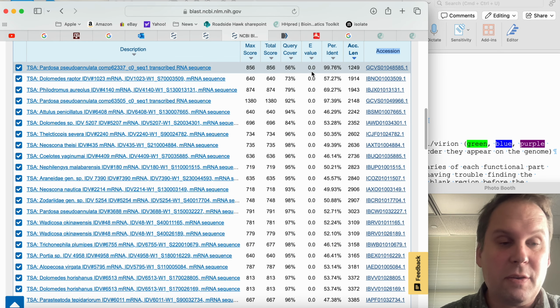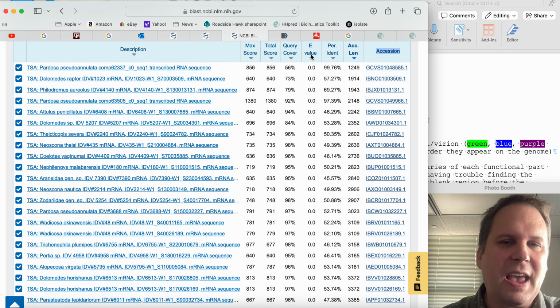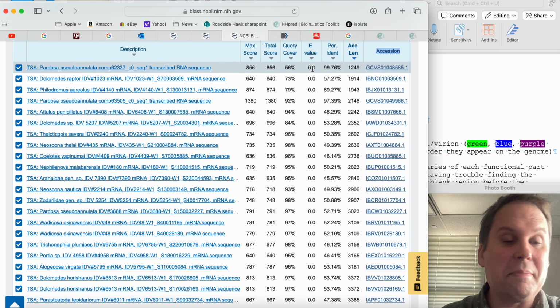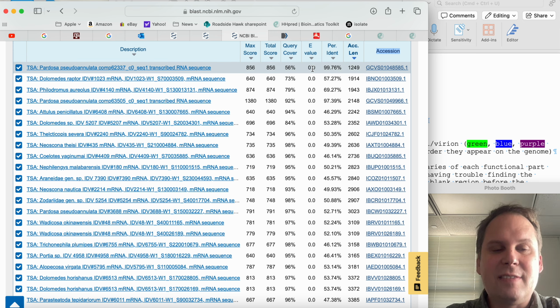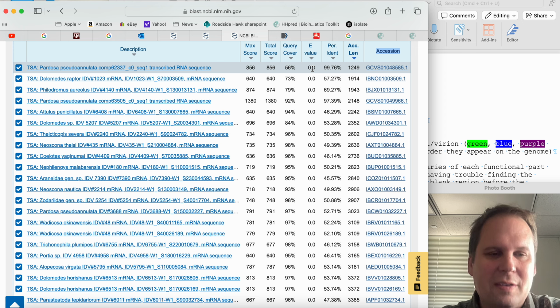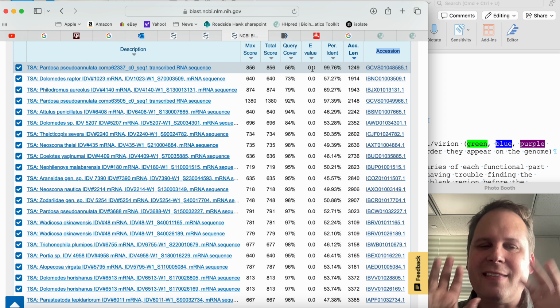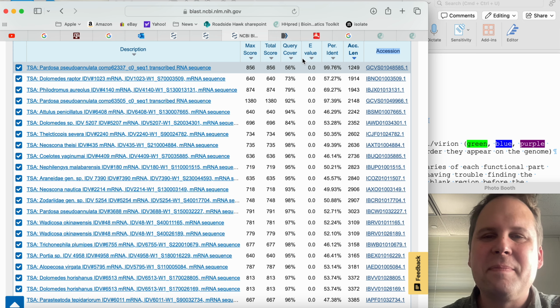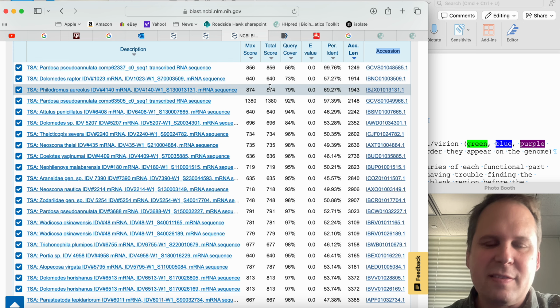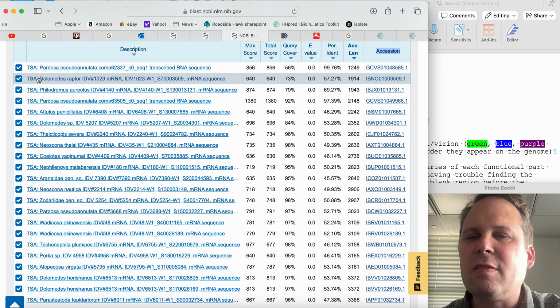The stats are useful. So the e-value is the chance of error, and if the e-value is 0, it means it's not an error. This is definitely a match of some sort for the thing you put in. So it's the same kind of sequence, not the identical sequence. And that's great. The scores are just internal things. You don't have to worry about those. The description over here,